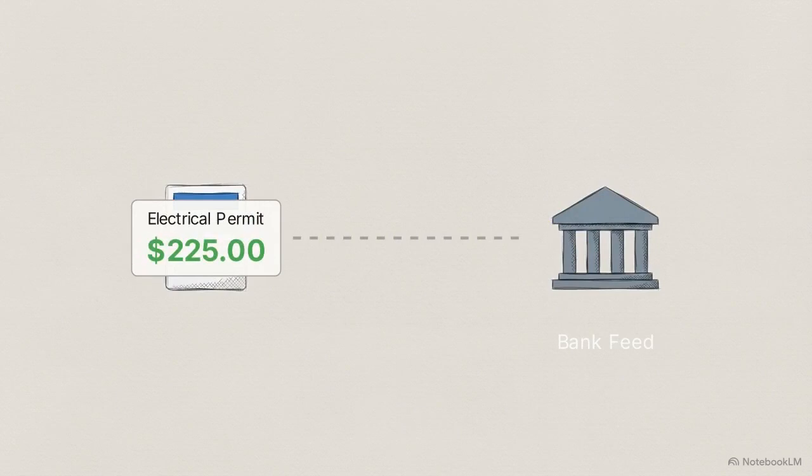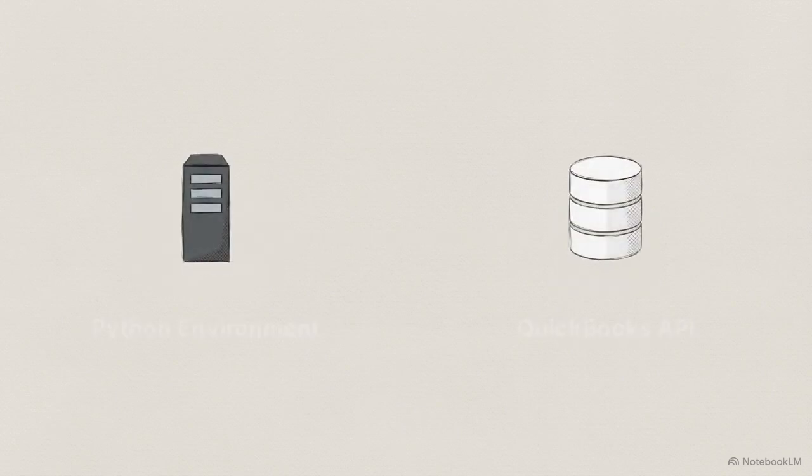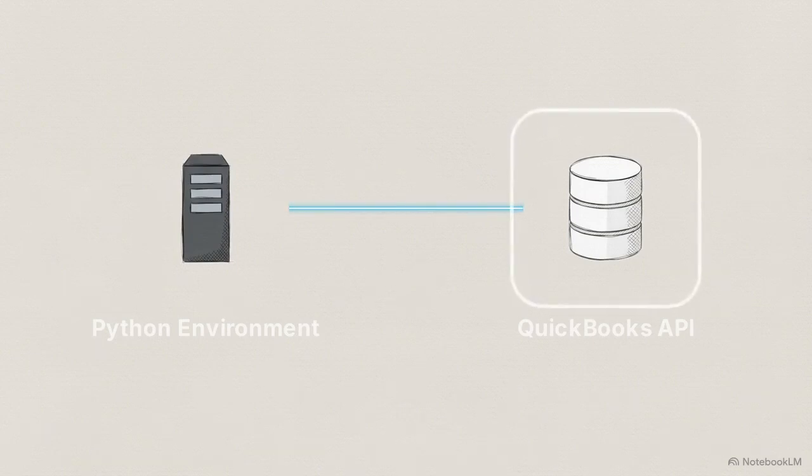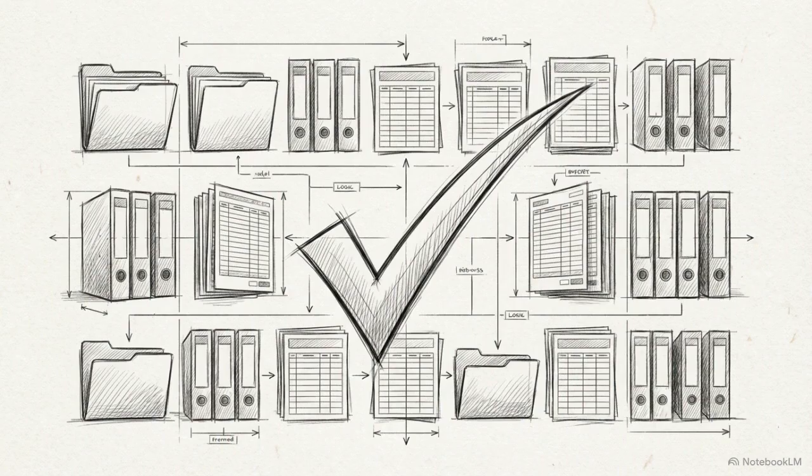This diagram illustrates the secure connection between the local Python environment and your QuickBooks database. By running the authentication script, we generate a token that allows the system to monitor bank activity and update invoices without manual entry. Establishing this infrastructure ensures the AI has the permissions and categories it needs to manage permit costs